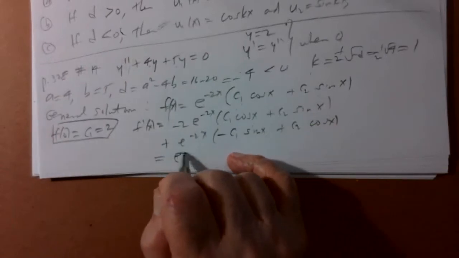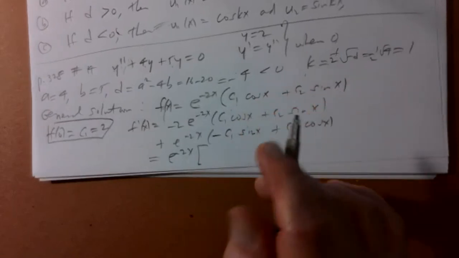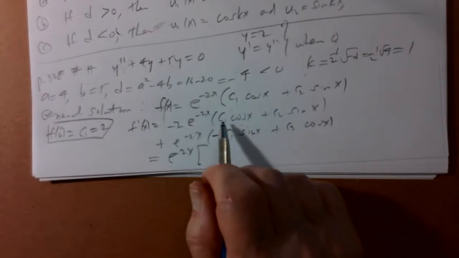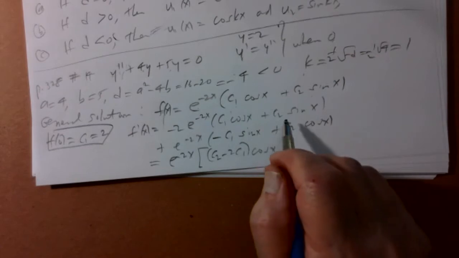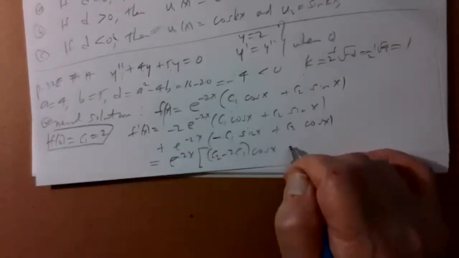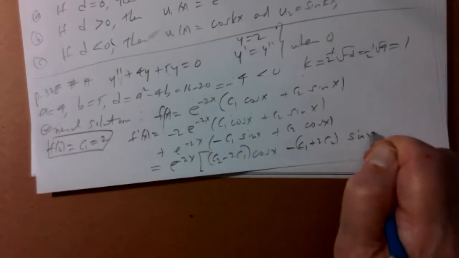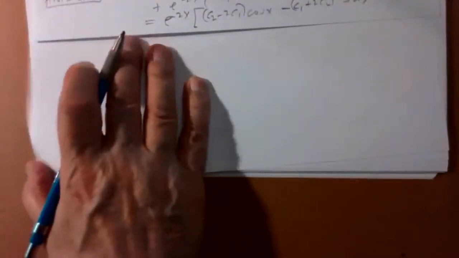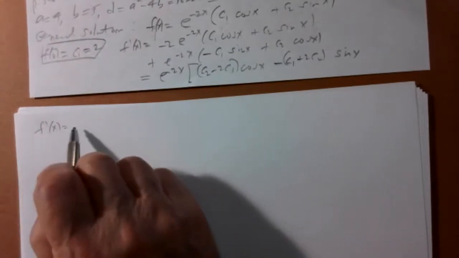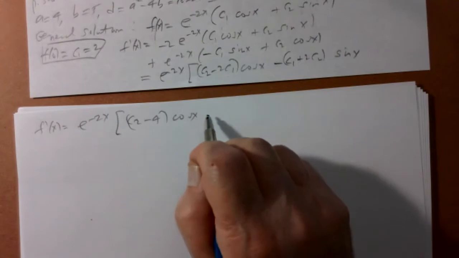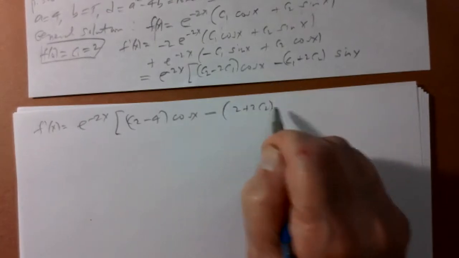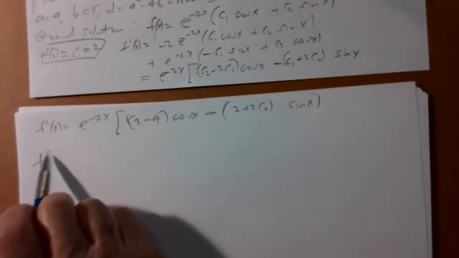So that's equal to e to the minus 2x. I can factor that out. And for cosine x, I have a c2 minus 2c1, c2 minus 2c1 cosine x. And for my sine x, I have minus c1 minus 2c2, so minus c1 plus 2c2 sine x. So I have f prime of x is e to the minus 2x. c1 is equal to 2, so this is just c2 minus 4 cosine x minus 2 plus 2c2 sine x. If I take the second derivative,